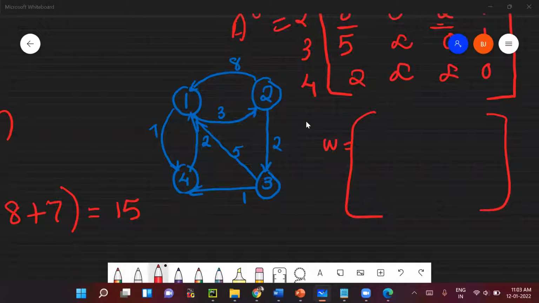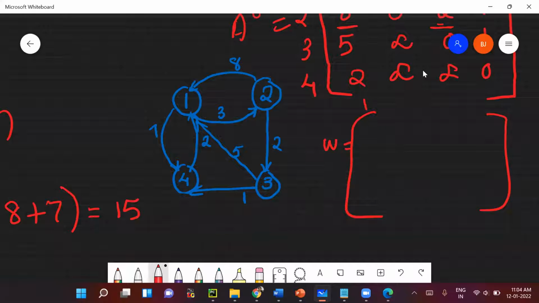So it will be having the values wherever adjacent vertices are there. That is, if you have a direct edge from 1 to 2, and that should be an outgoing edge from 1 to 2, in those cells you will be entering the cost which is mentioned over there, right? So you will be constructing the weight adjacency matrix.